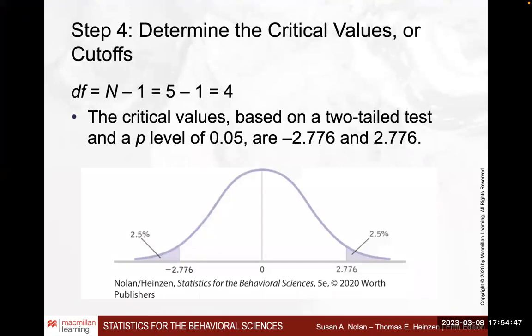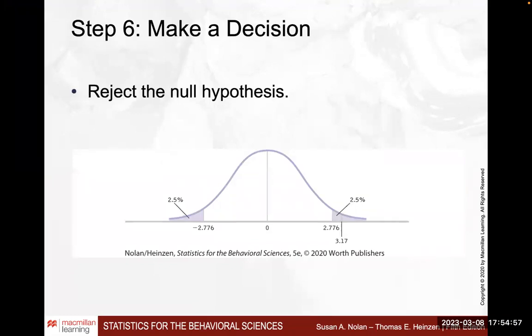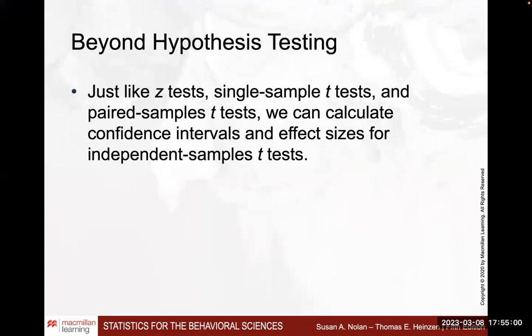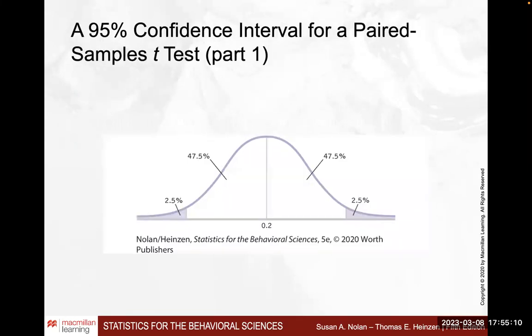Okay, so this is the example, 2.78, we're exceeding our critical value. So it's 3.17. We're rejecting the null hypothesis. We also went beyond the hypothesis testing by characterizing the variability in our actual samples, calculating the confidence intervals. Noren and Heinzen also show here how to indicate that, but we know that we have 2.5% to be considered in each tail, which gives us an alpha of 5%, adding up to the 95% confidence